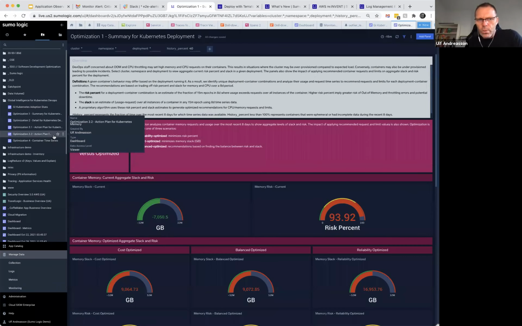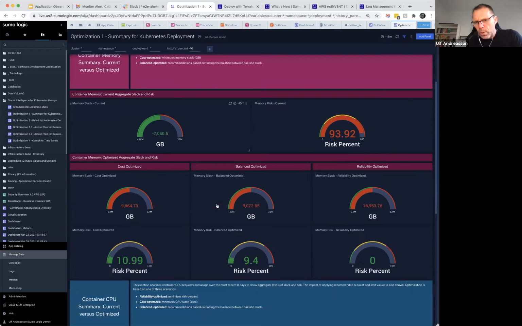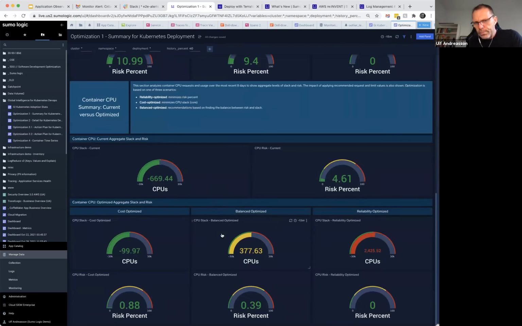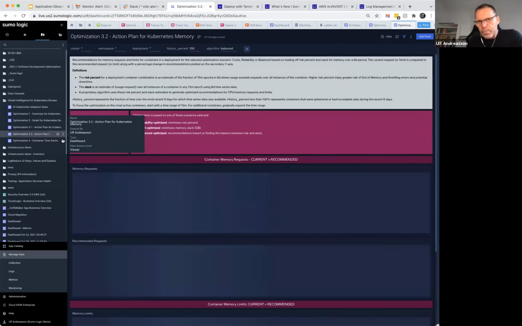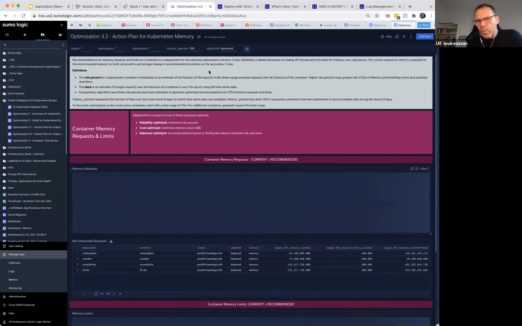Now, what I can do here is that, of course, I want to have an action plan. And given that we're looking in memory, and just to show you, first of all, we're looking in memory, but we're also looking at CPU here. So same thing, like how much slack do I have? What is my risk? If I want to be balanced, optimized, or reliability optimized, then I can see different things. Now, if I want to have an action plan on this, I want to go in and say, okay, if I want a balanced view of this,